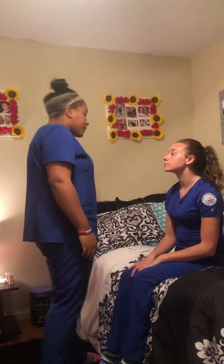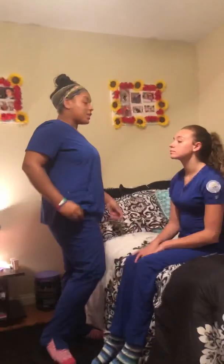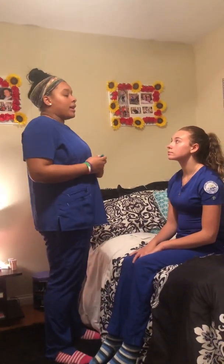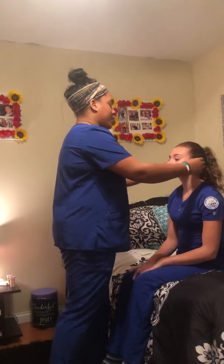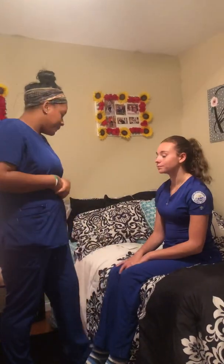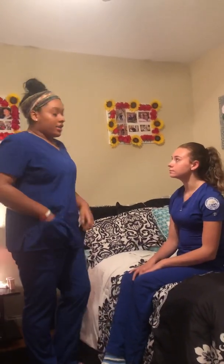So with an otoscope, I'm going to be checking the outsides of your ears. I can see that you have a piercing on this side. Do you have any infections or pain with your piercing? Okay, so I'm going to start with palpation, and you let me know if you feel any tenderness upon palpation. Any pain or tenderness? Okay, so next I'm going to be inspecting the inner ear,